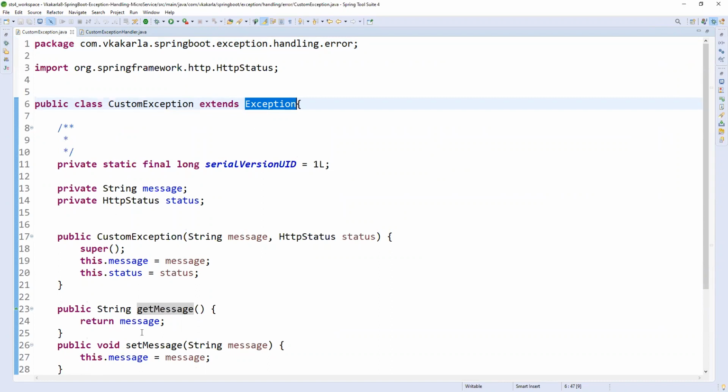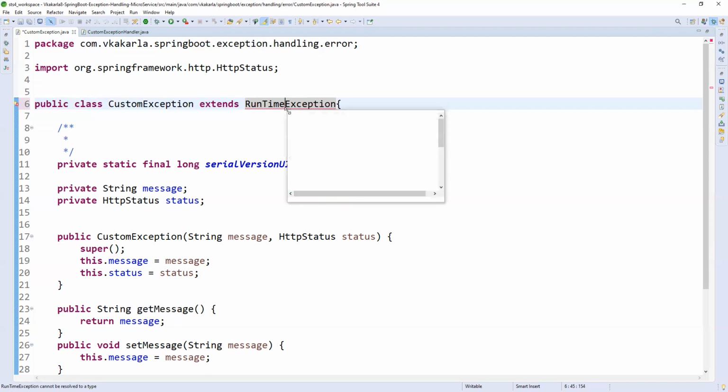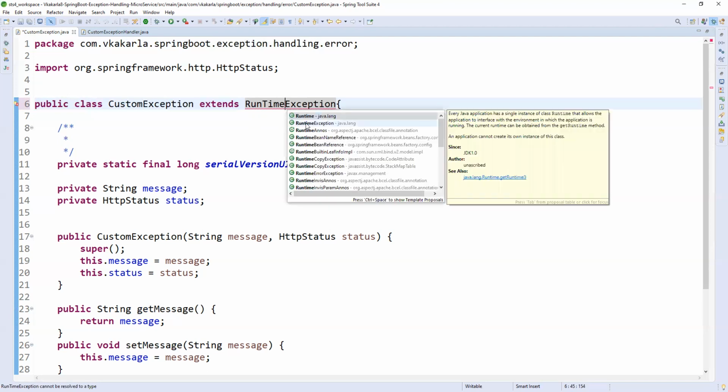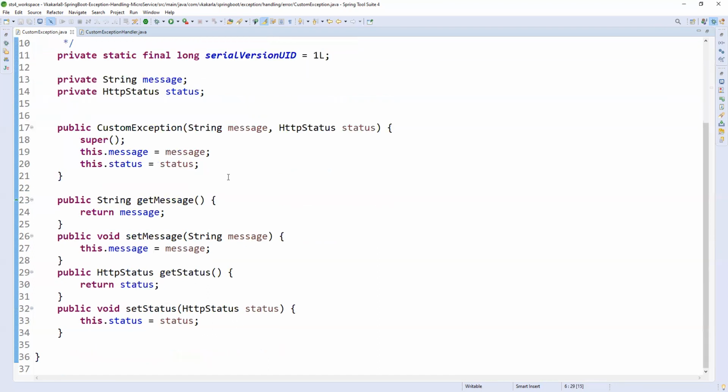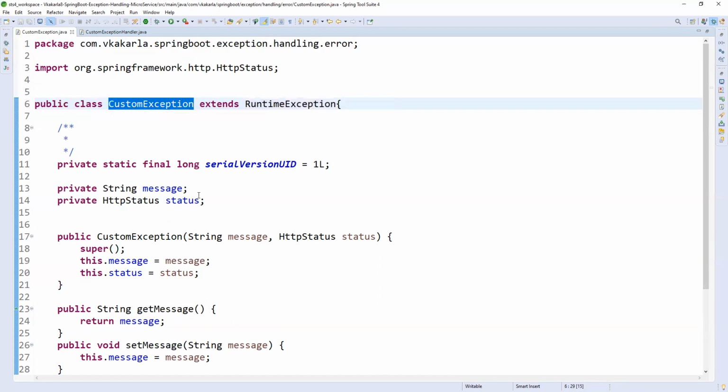So I will change this to a RuntimeException.